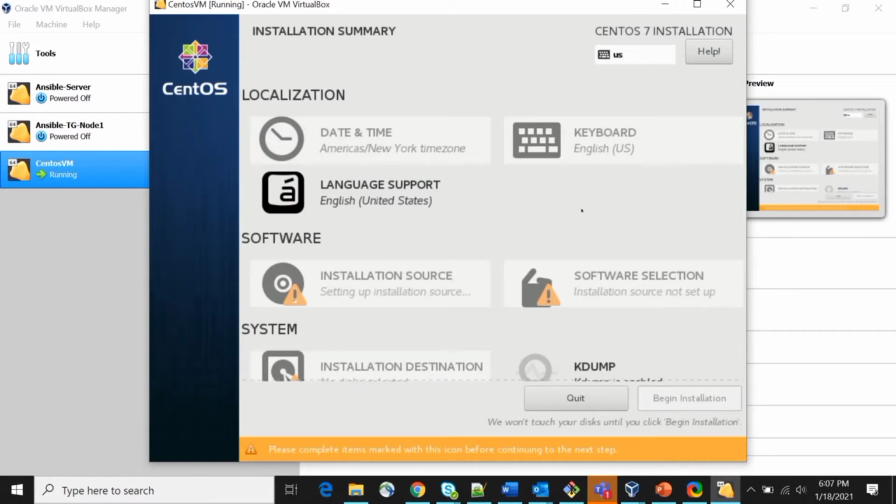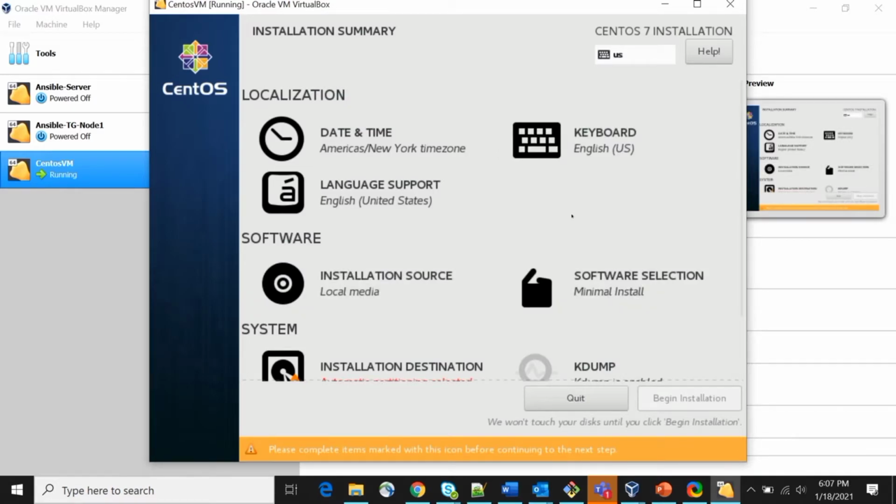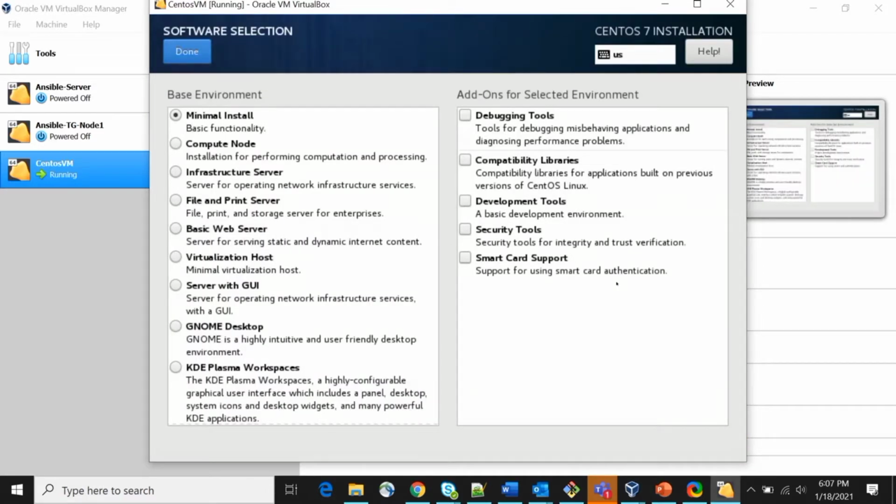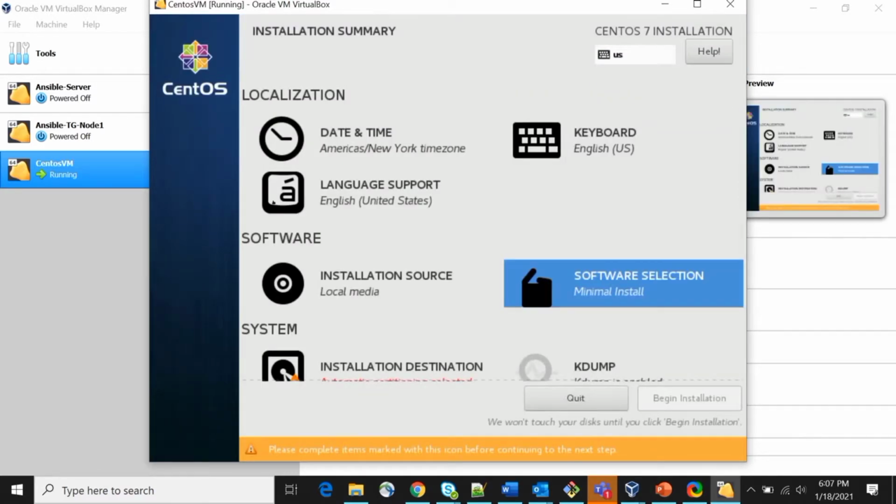Great. So in the next step we have lots of options here. I will select the basic ones, as this is for demo purposes. Okay, so here is the software selection. You can select whatever software you want to install during the OS installation, right? So I am choosing the minimal install, then click on done.